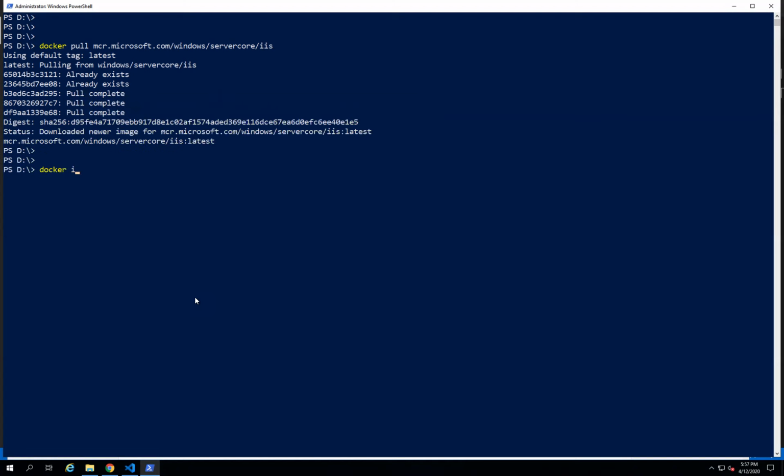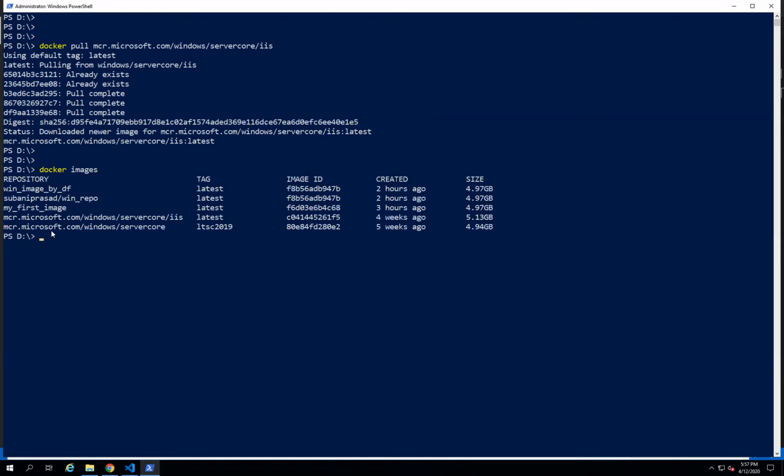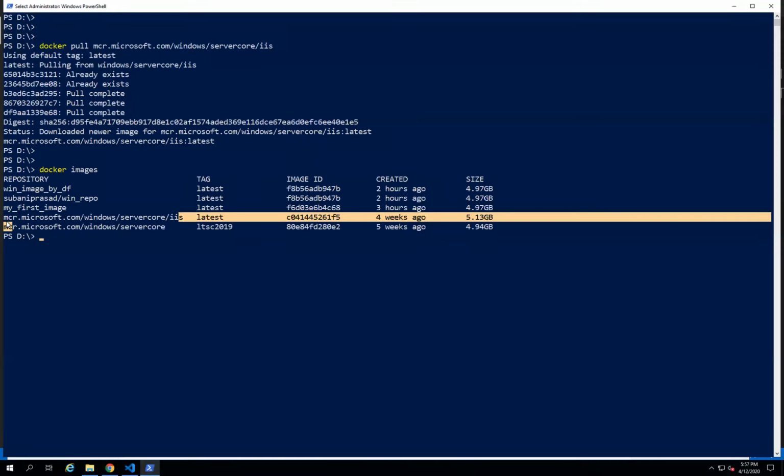Let's verify with docker images. There you can see IIS has just been downloaded. Let's try to copy this.